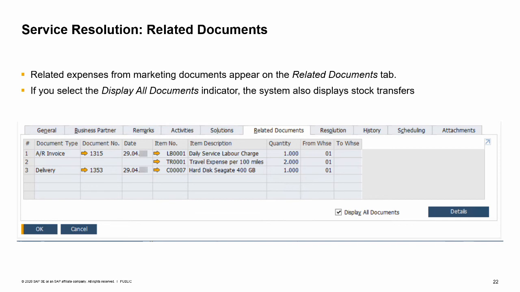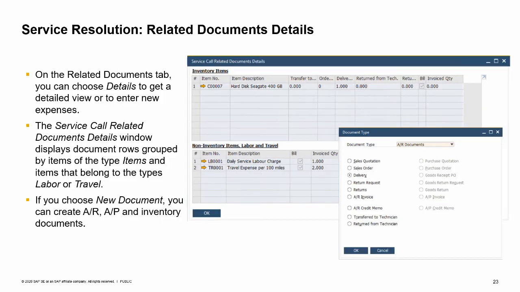The system displays all related expenses regarding a service call on the Related Documents tab. This tab displays all marketing documents that you created concerning the handling of this service call. If you select the Display All Documents indicator, the system also displays stock transfers, transfers to the technician, and returns from the technician. From the Related Documents tab, you can choose details to get a detailed view or to enter